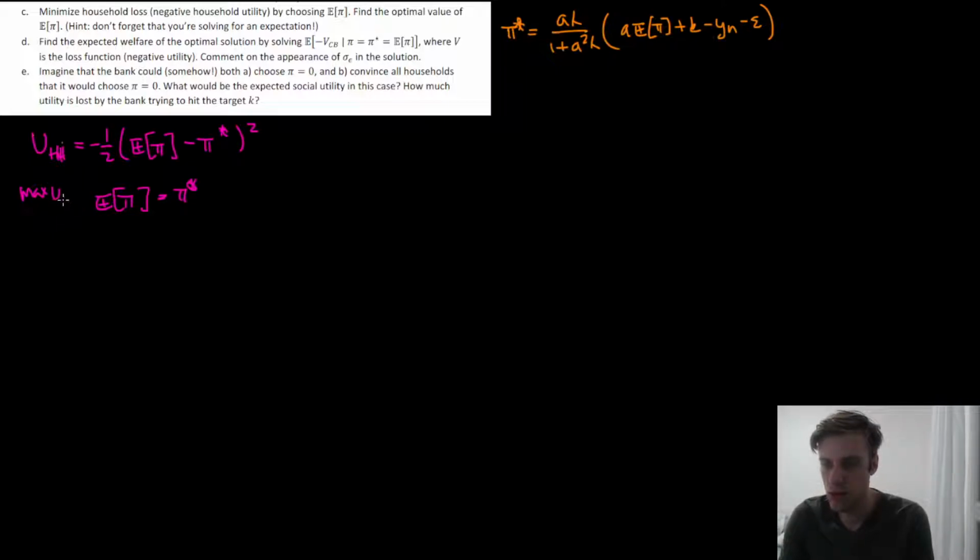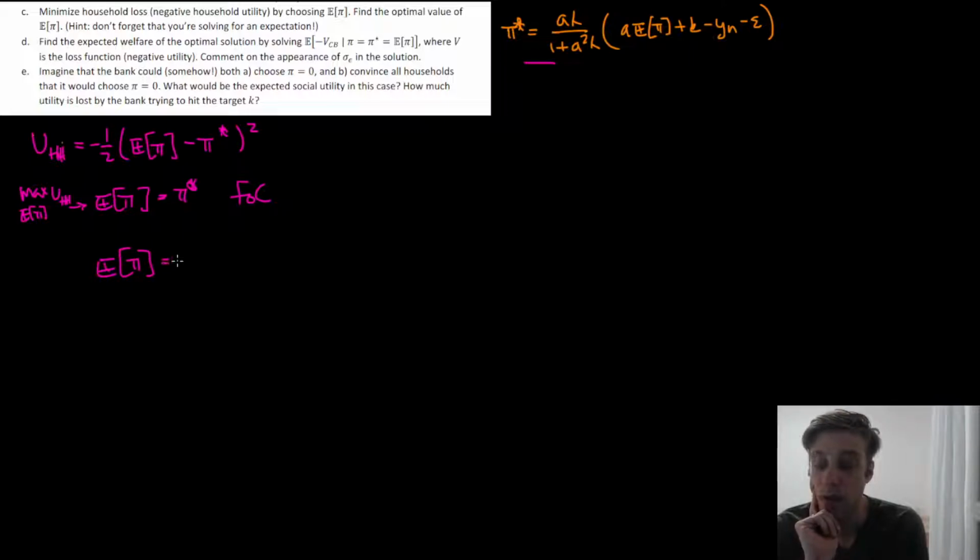We max UHH with respect to expected pi, and we'll get this from our FOC. So this is our first order condition. And before we were done here, well, we weren't done, but we're going to plug in pi star. So we plug in pi star, which is right here. And that's what we solved for in the last video. But we have more work to do now because this is a function of expected pi, as we noted. So we have to dig that out and combine and get it down to just one small